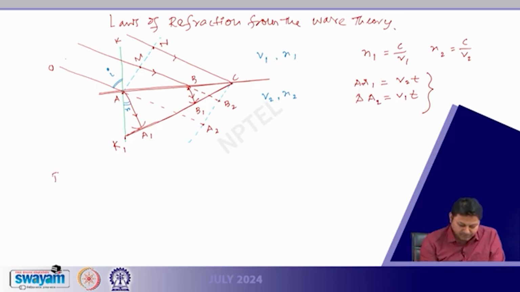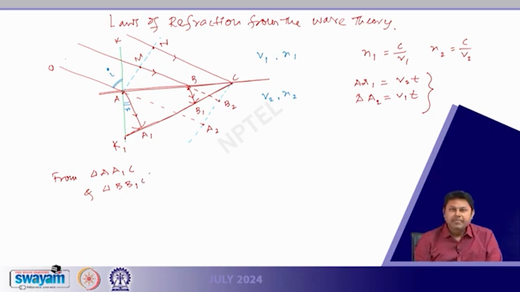So, again from triangle A1 C and triangle B1 C, which are similar triangles that we already described in the last calculation, I can have an important expression like A1 divided by AC is equal to B1 divided by BC, and also